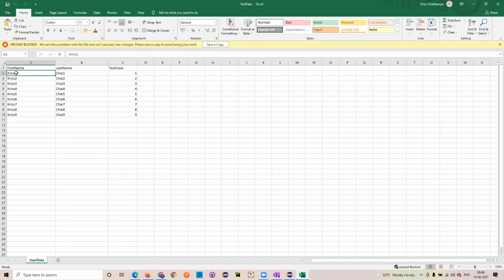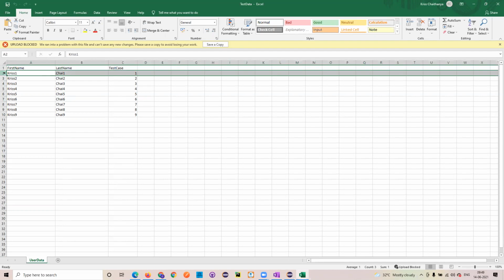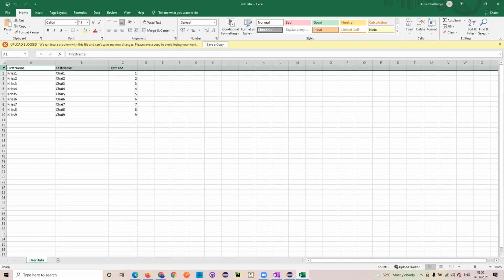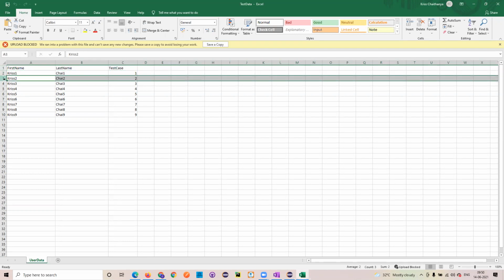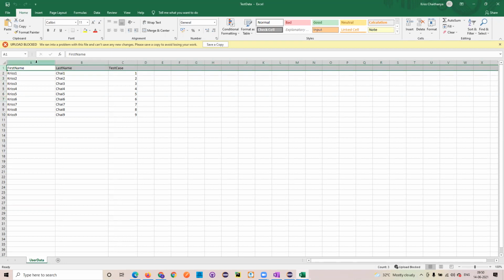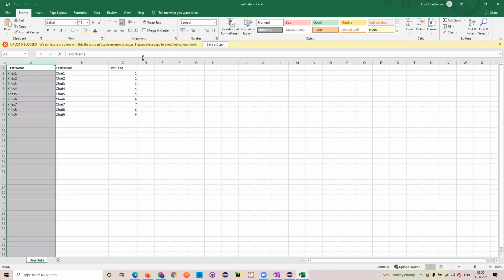Now, what is the row of this one? Second row. First row. That's the first row. Always it starts with the index of 0: zeroth row, first row, second row, third row, fourth row, fifth row, like that. So the index starts with 0, and even for the column the index starts with 0.